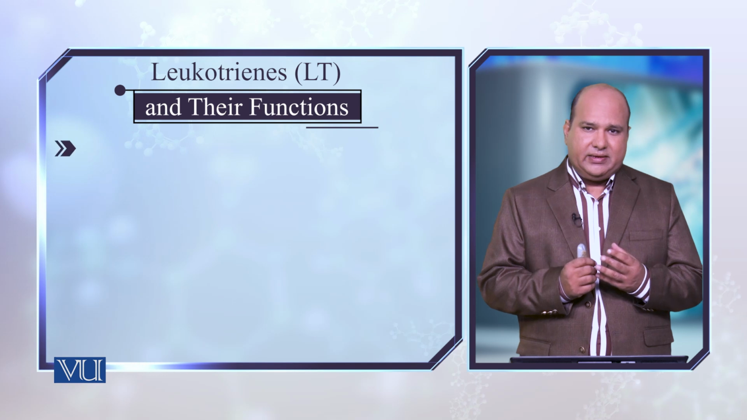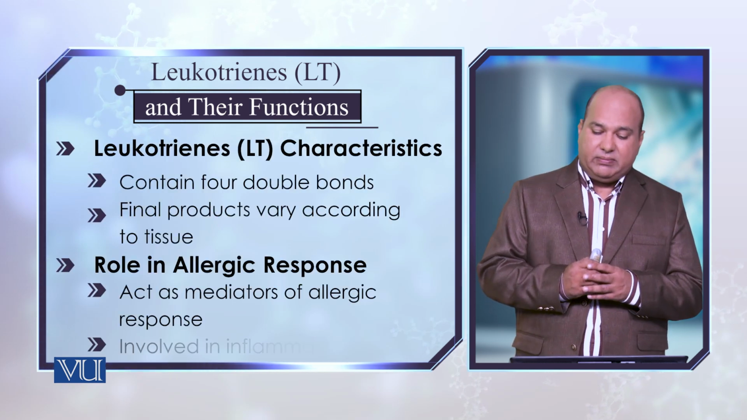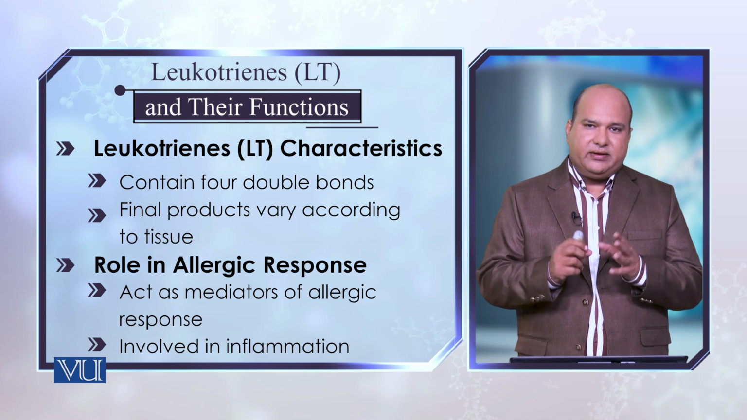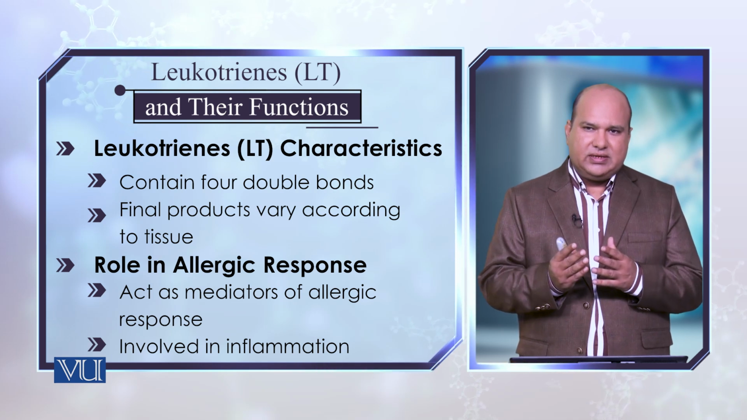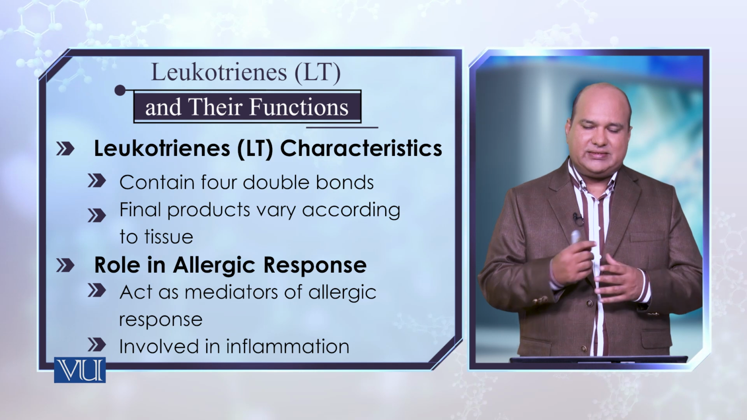Leukotrienes are one of the eicosanoids. We have told you there are three major types of eicosanoids, and leukotrienes are one of them. They are very potent eicosanoids. They contain 4 double bonds, and in different tissues, different types of leukotrienes are